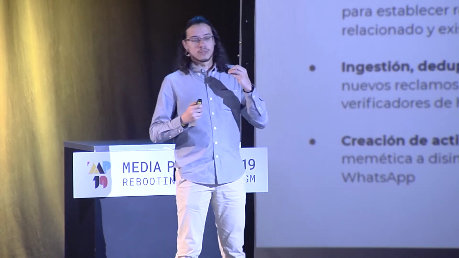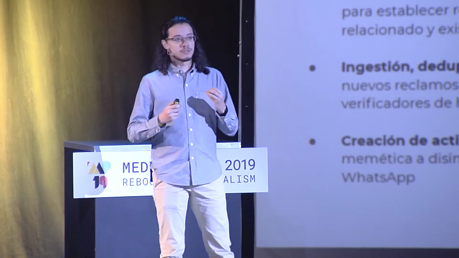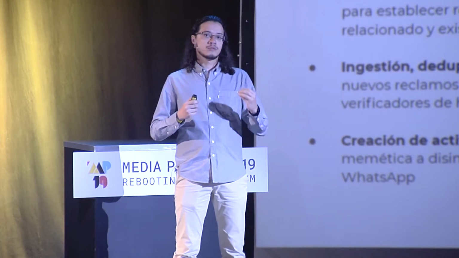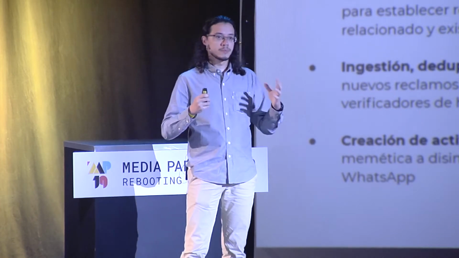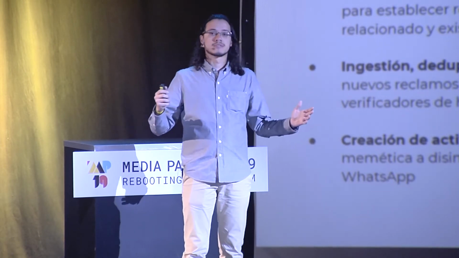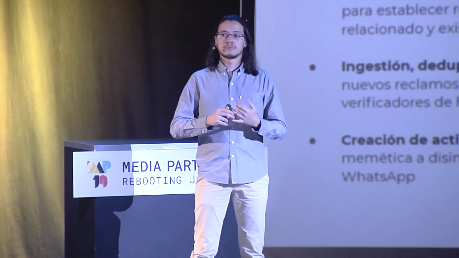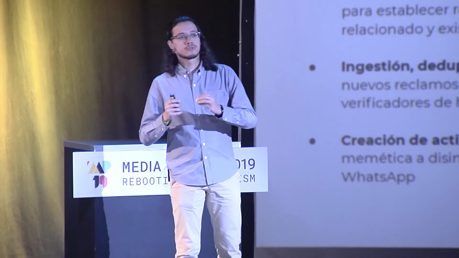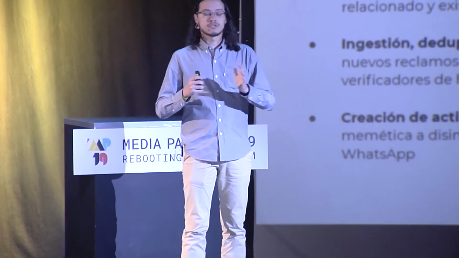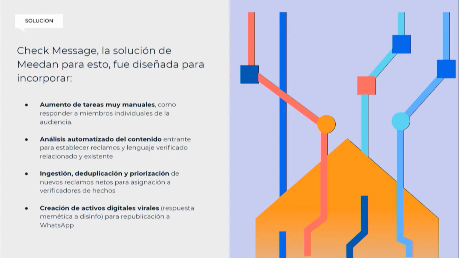And one of the most important tasks that we can do automatically is to deduplicate. So we can filter duplicate stuff and combine them in a single item. So if there are thousands of people sending the same information to be verified to this WhatsApp number, the journalist can focus on verifying that item only once. So you don't need to answer the users one by one. You verify the contents only once, and all the users that sent that information can be notified when that item is